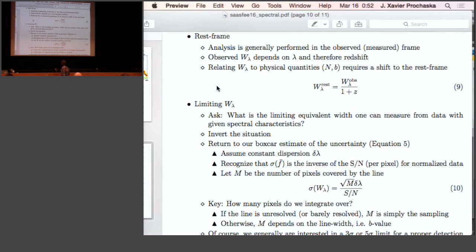The uncertainty associated with the equivalent width over some absorption profile is given by this equation. The square root of the number of pixels that you have to integrate across. That may be one resolution element. That may be many more pixels if you have a very broad feature. Times the dispersion and divided by the signal to noise. The uncertainty in the normalized flux is actually just the inverse of the signal to noise. And that's just a 1 sigma